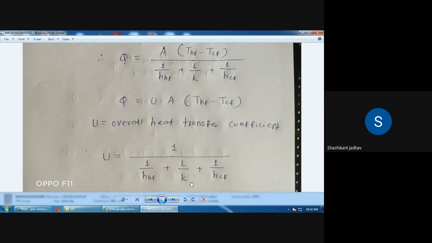Correct. This means Rohit has understood the concept. However many layers there are, that many resistances will come. So if there are 3 layers, there will be 3 resistances. If one conduction resistance is increased, then automatically one factor will be added, that is Lb by Kb. So in that way we have to write down the equation for the overall heat transfer coefficient. Suppose another layer comes, again the resistance increases. So according to that we have to change that particular equation.